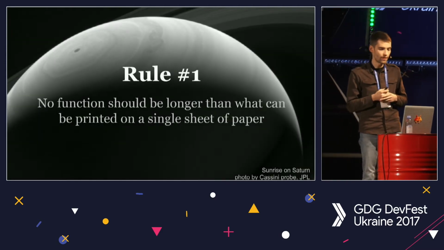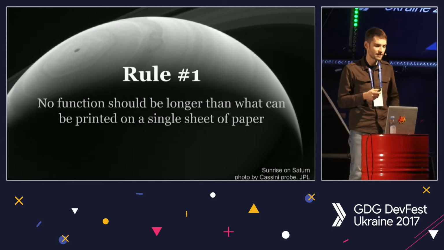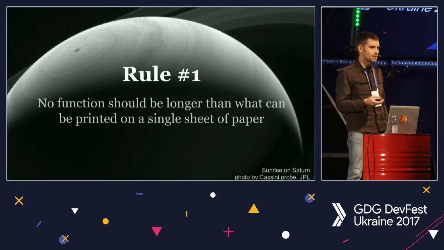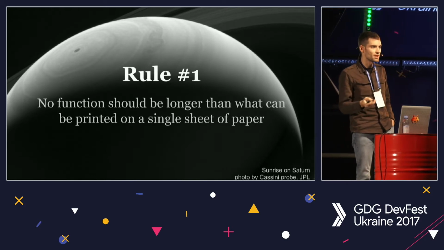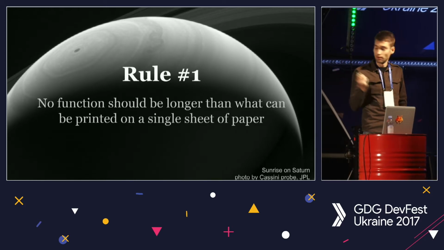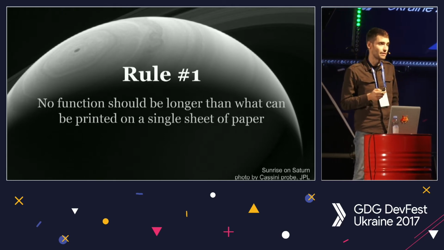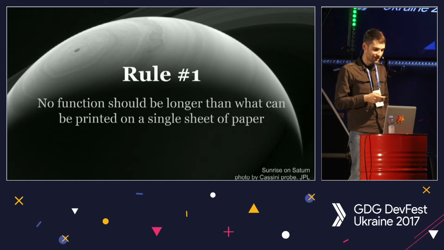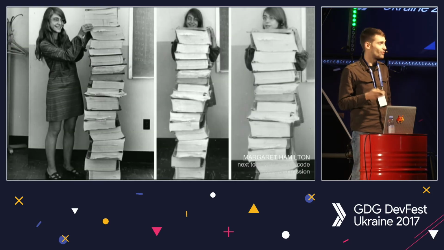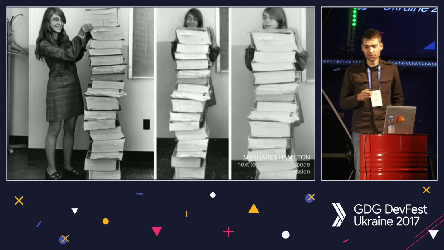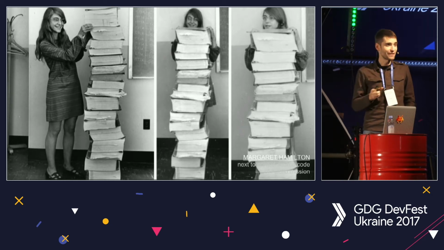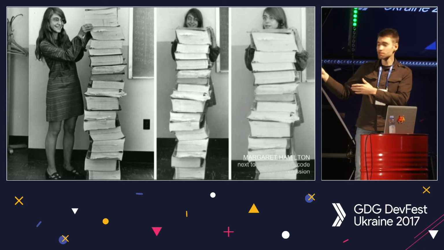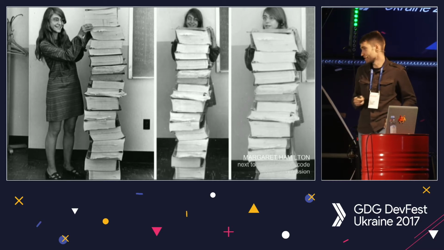Rule number 1, no function should be longer than what can be printed on a single sheet of paper. That's a very basic rule, and it's easy to follow, saying only students don't know that functions should be short. Of course, the statement about a sheet of paper is a bit outdated, but it's easy to understand where it came from. It came from the early ages of software development. If a function doesn't fit a sheet of paper, you are in a problem, because then you need to put it on 2, because all source code was published on basically sheets of paper.